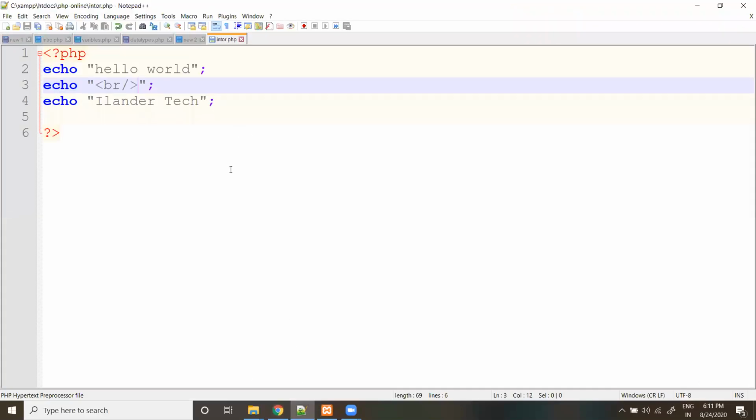Now we will deal with comments. There are two types of comments: single line comments and multi line comments. Why do we use comments? Basically for two things.